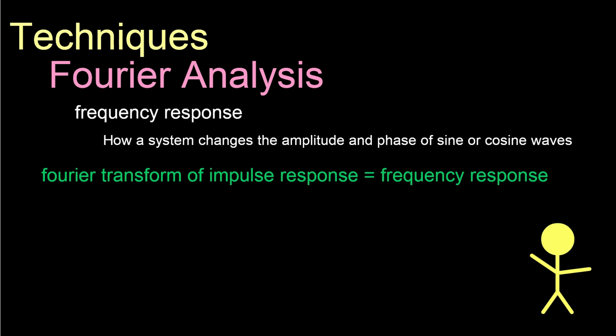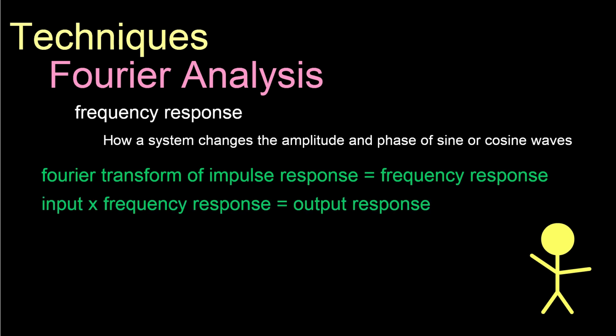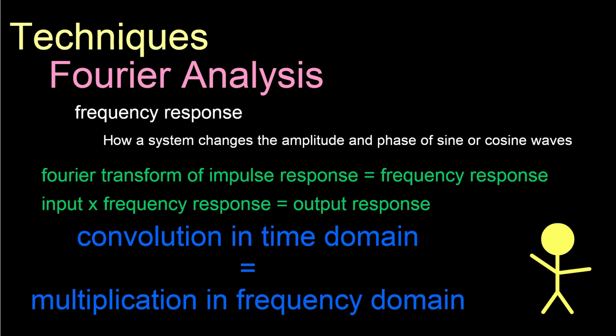Frequency response can be plotted on a linear vertical axis or a logarithmic scale in decibels. In the frequency domain, input spectrum is multiplied by frequency response to get output spectrum. Sounds familiar? It should. This is just like convolution with the impulse response. Linear operations performed in one domain have corresponding operations in the other domain, which are sometimes easier to perform. Convolution in the time domain is the same as multiplication in the frequency domain.